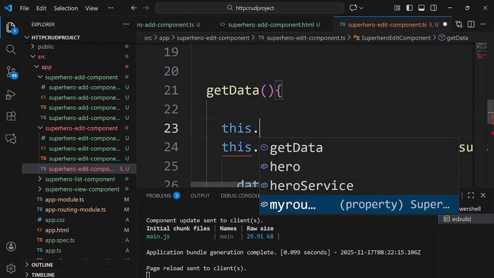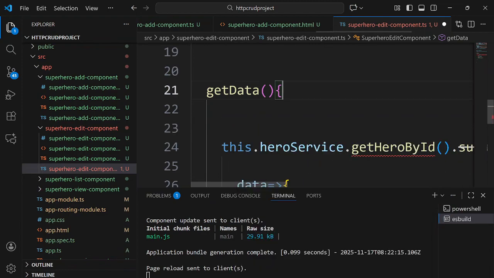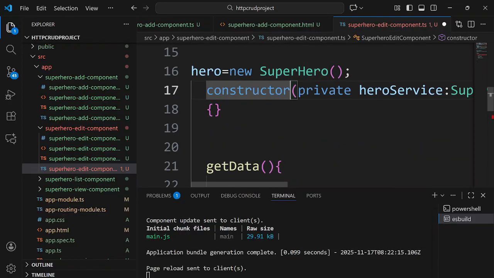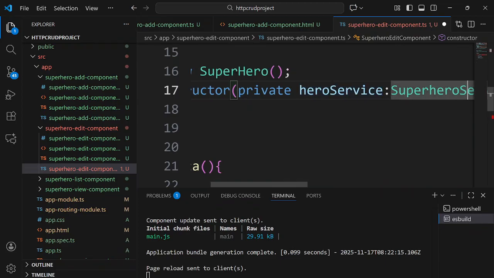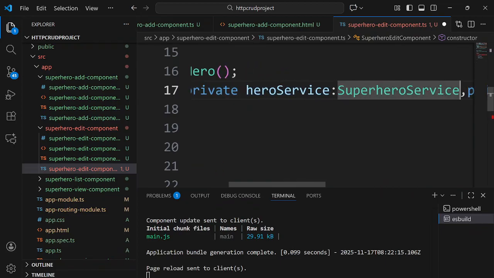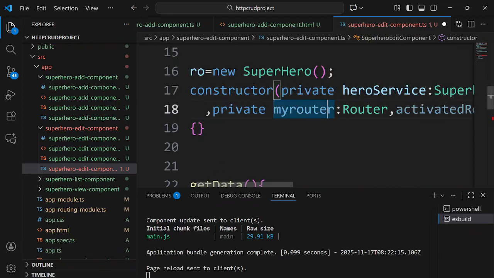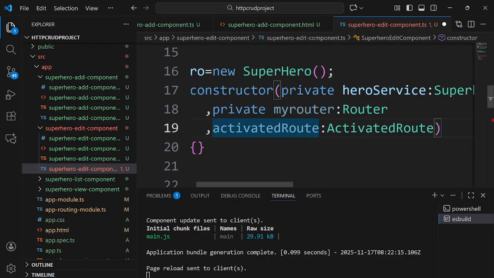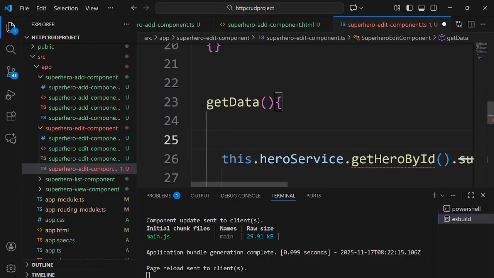It is, let me check. So one thing I've taken is heroes, that's fine. Superhero service. Second is router. Yeah, the third one I did not make private, so that's why it's not visible. Now it should be